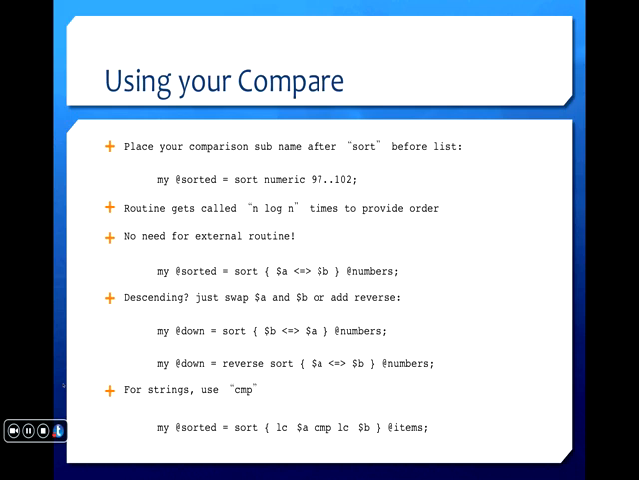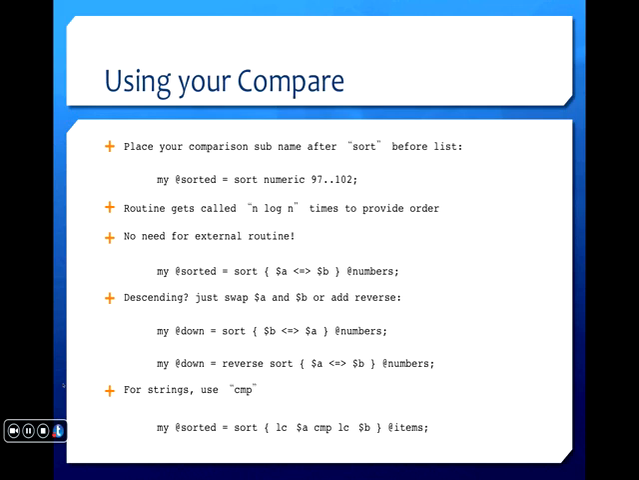I can automatically say sort, open curly braces, $a, the spaceship operator, $b, and close braces, and then give the list of numbers that I want to sort in ascending order. We can sort them in descending order if I switch the $a and $b. You just have to switch the parameters. Actually, there is an easier way using the function reverse, if you remember. So if I just put reverse sort and keep it the way it is, $a spaceship $b will work exactly